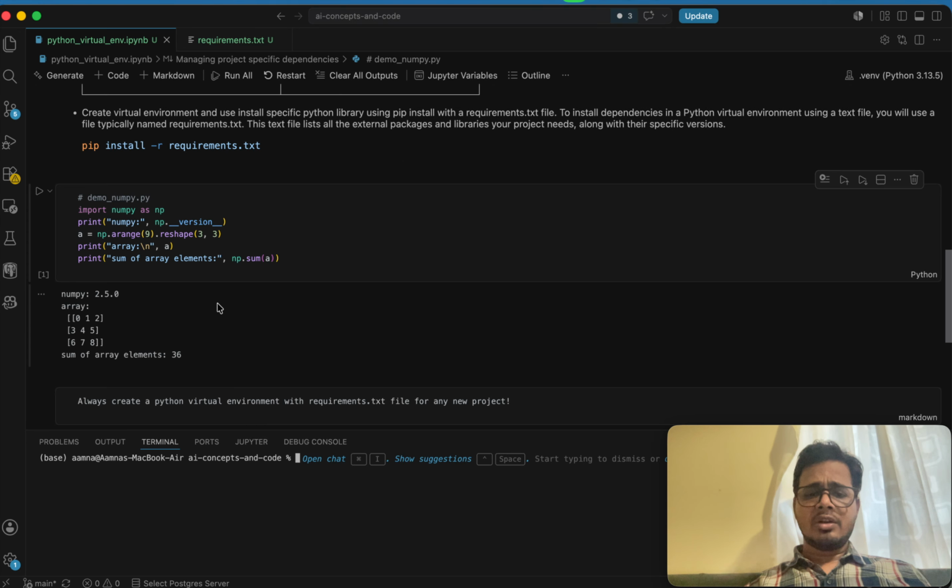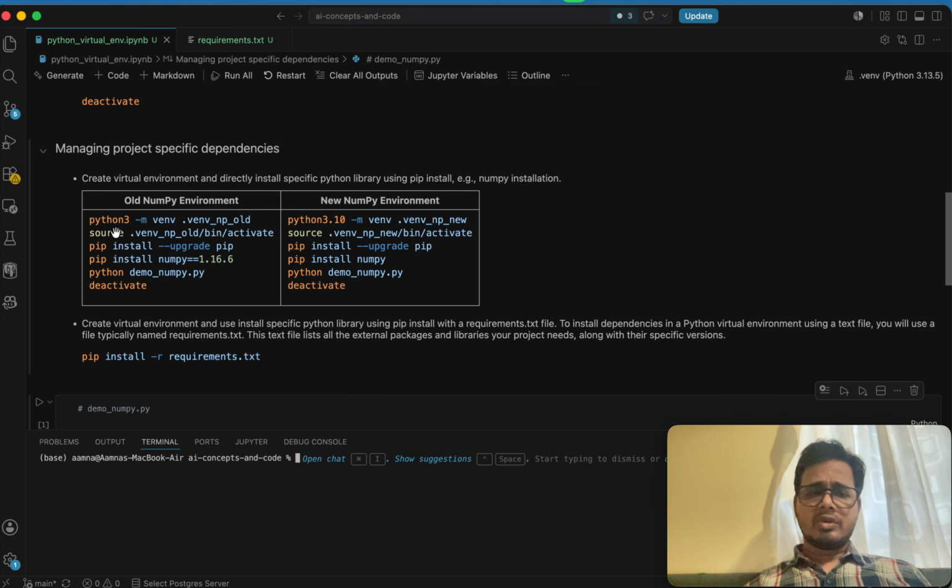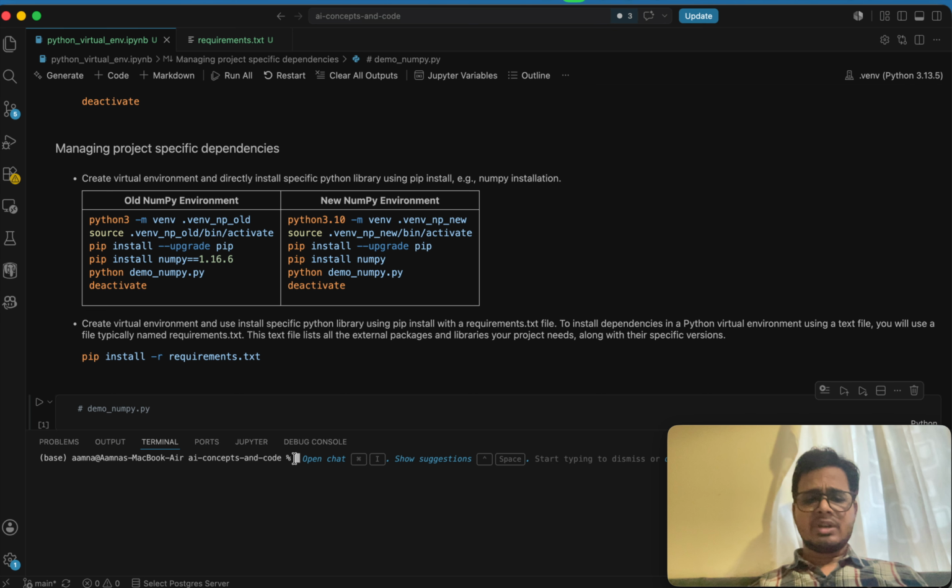To do that, I will first use the venv command to create the Python virtual environment. Since I already have a Python virtual environment, I won't be creating a new one anyway. I will show you how you can use the source command